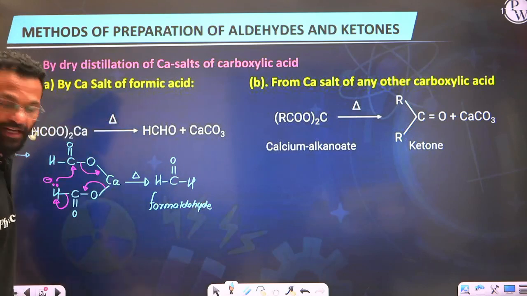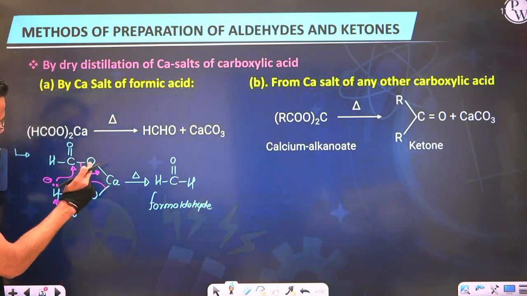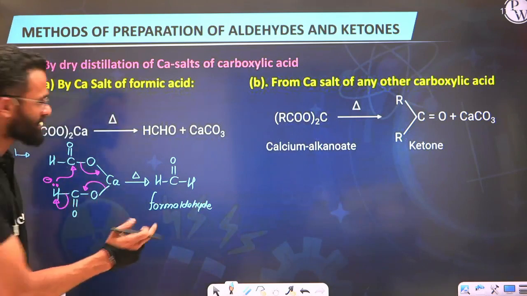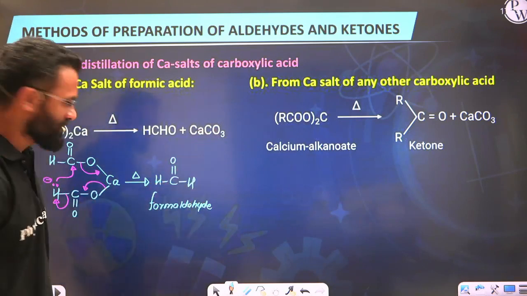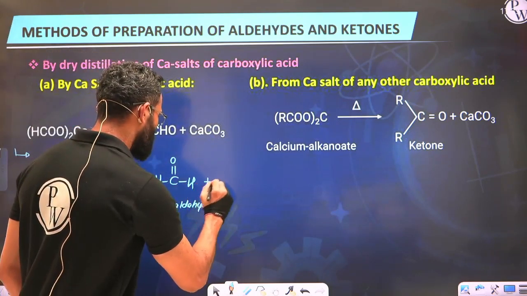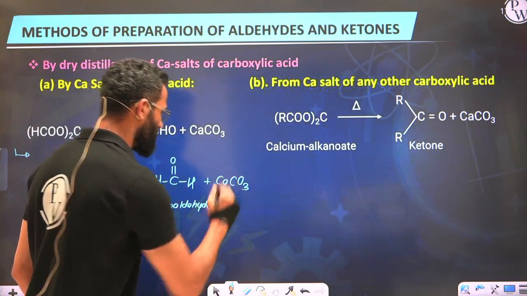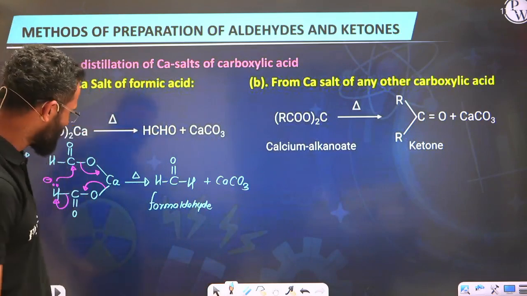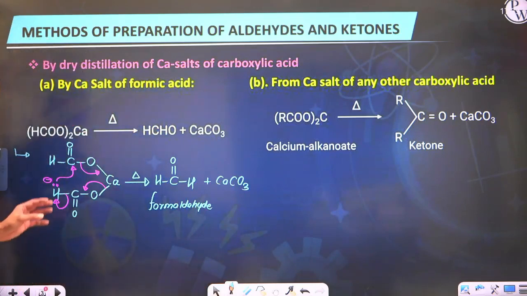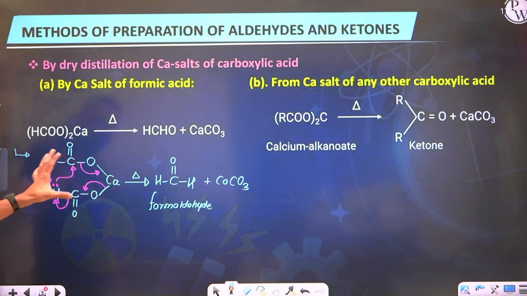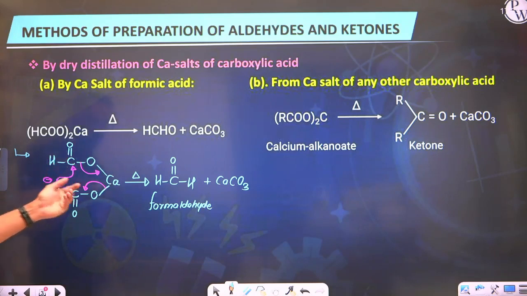In addition to that, we have got CaO and CO2. CaO and CO2 can be collectively written as CaCO3. So we've got a salt, CaCO3. So you can see here, when we take calcium salt of corresponding carboxylic acid, naturally in a calcium salt